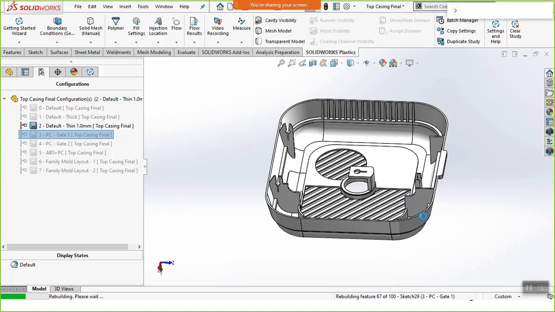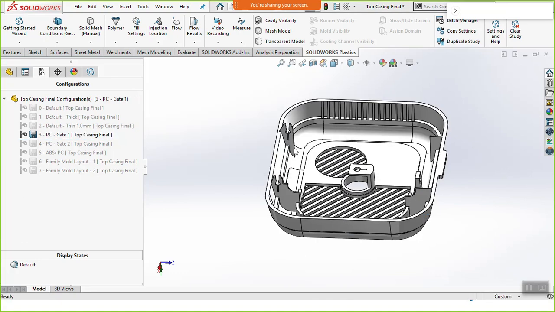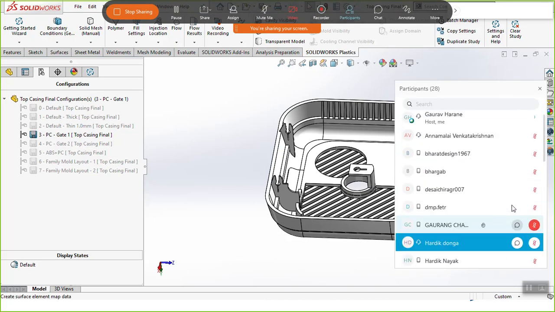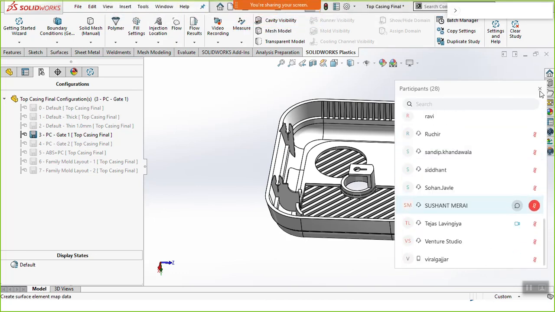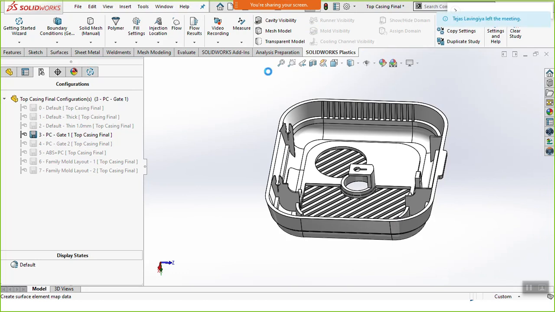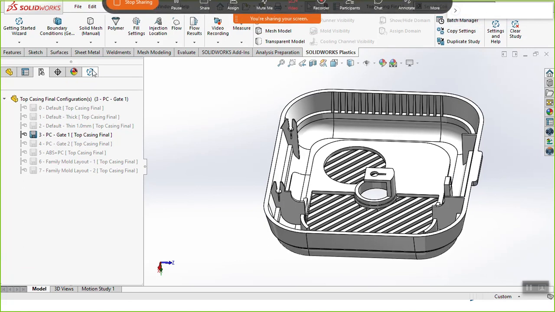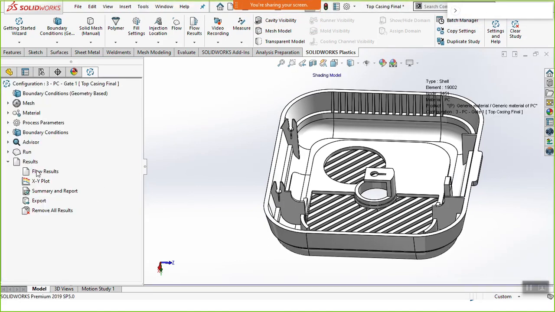Will it be getting completely filled? What should be the optimum thickness I should keep? If you look closely, I have increased the thickness, and you can directly clone the studies. So there is no need to give all the parameters again. All the settings of my gate location, ejection pressure, and everything can be kept the same just by cloning the study. And now let me highlight the results for you.